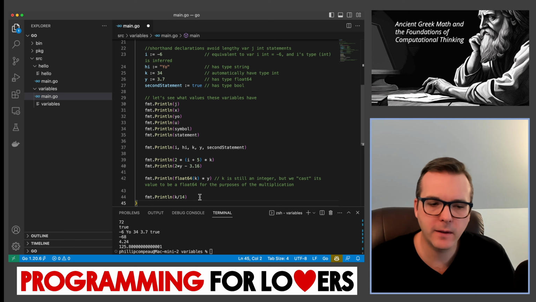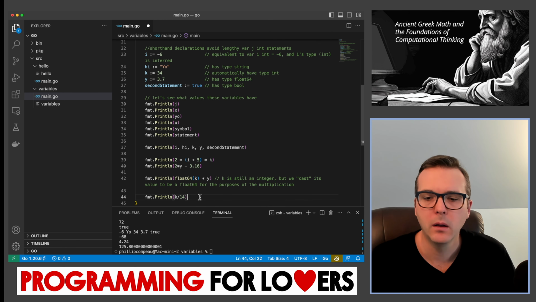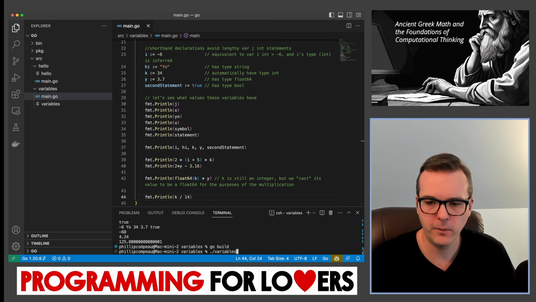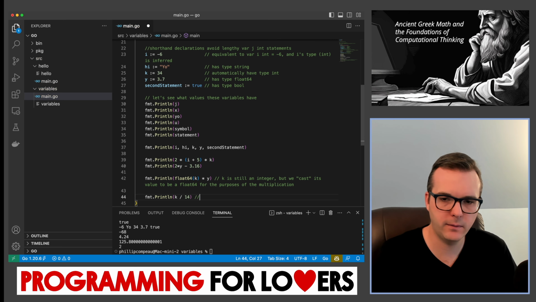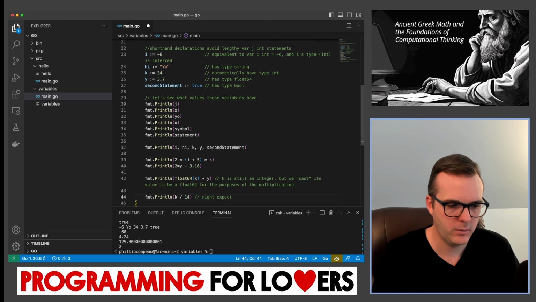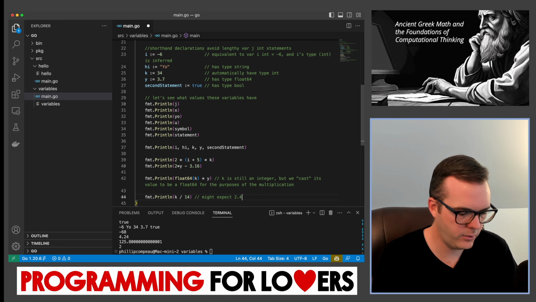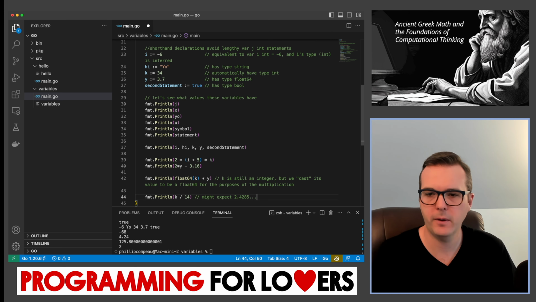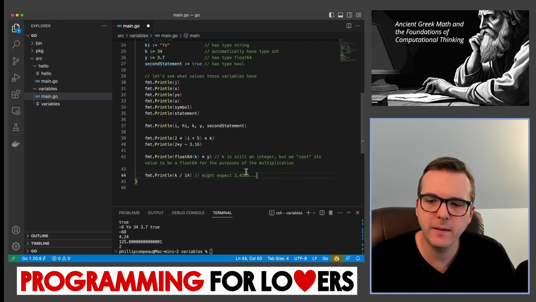And I believe that that's going to be like 2.428 something. However, if I were to compile this and run it, we might expect 2.4285, something like that. But what we instead see,